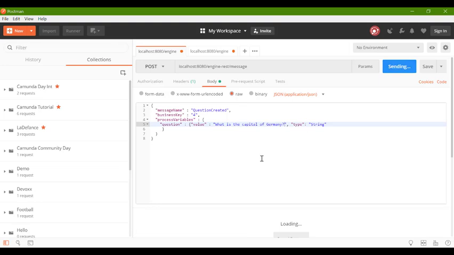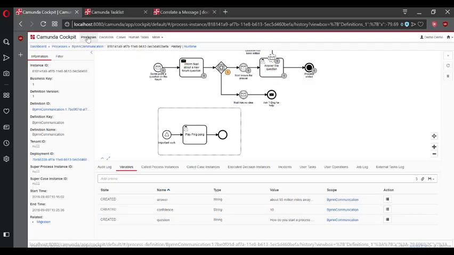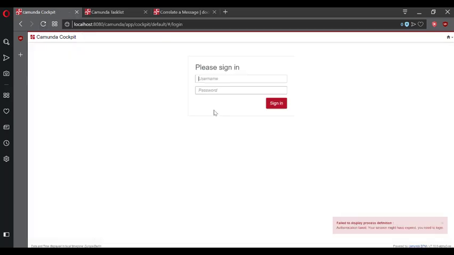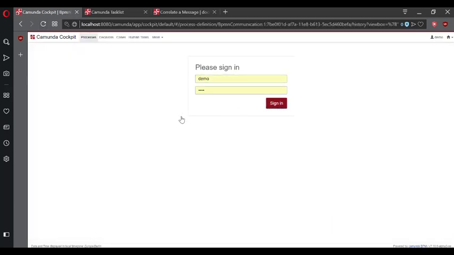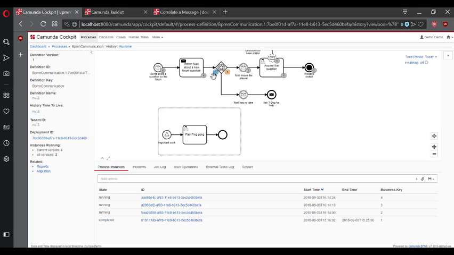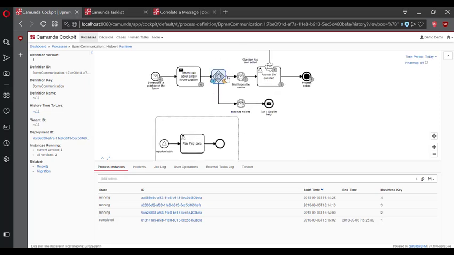Okay, there we go. That's 3 questions all sent in, and right now we should then see that we have, once we log in, 3 tokens all waiting right there and all waiting to find out whether I know the answer or not. So you can see here they all have their individual business keys.